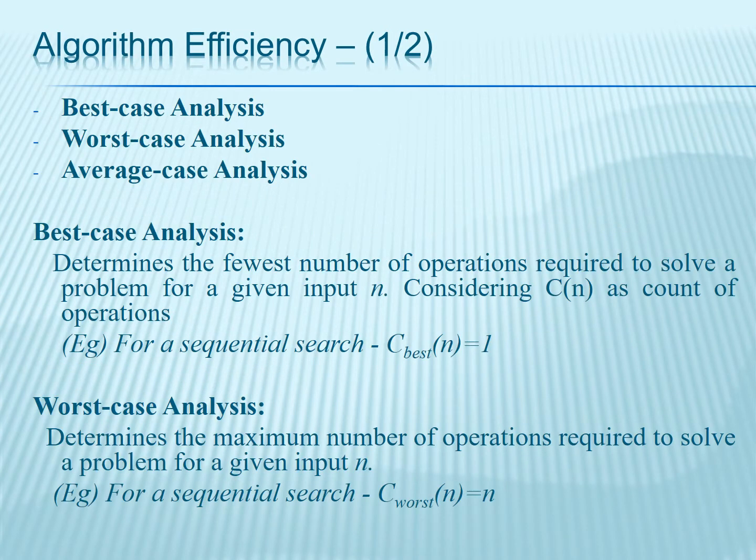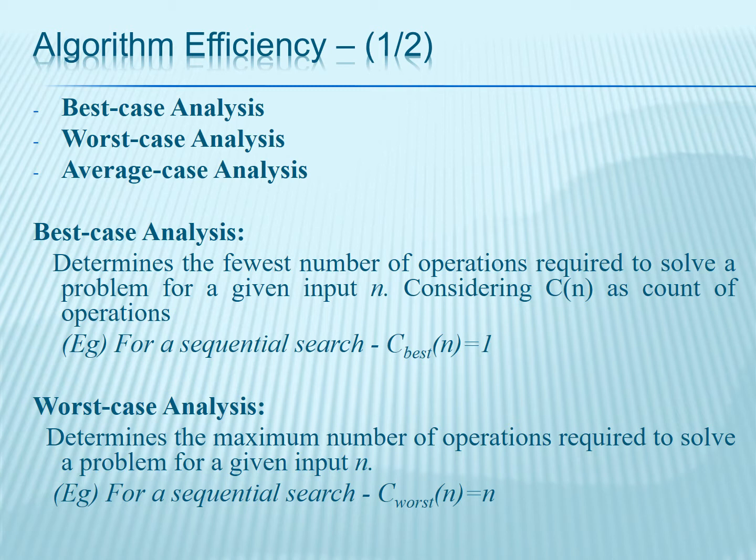The algorithm efficiency can be analyzed by three cases. The first one, best case analysis. Second one, worst case analysis. And the third one is average case analysis. The best case analysis. It determines the fewer number of operations required to solve a problem for a given input